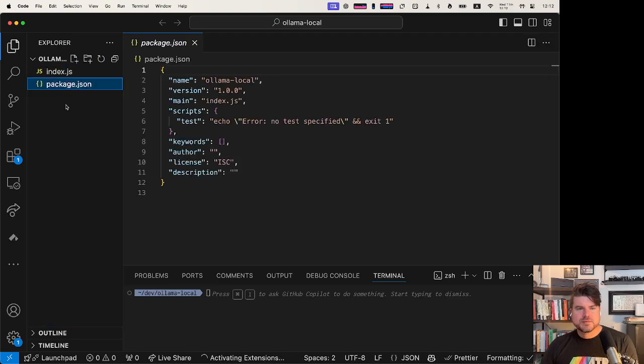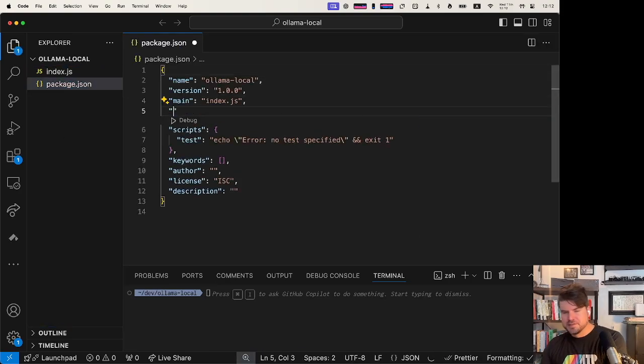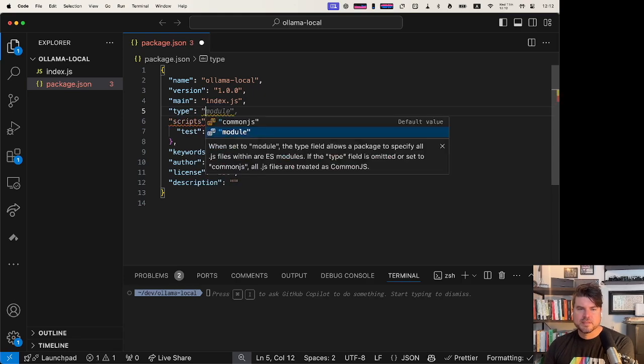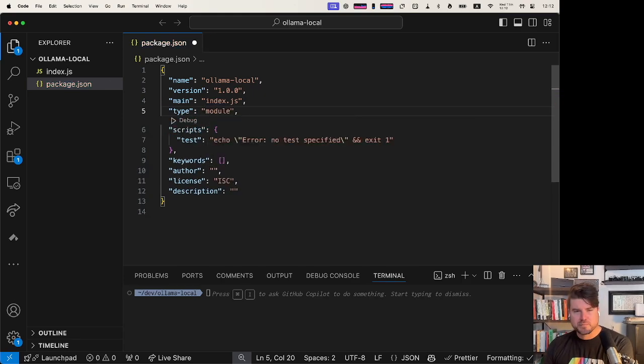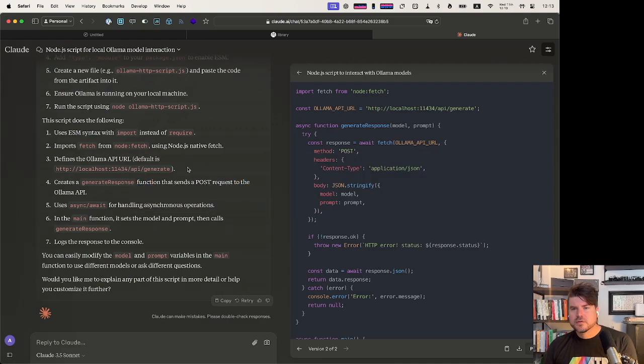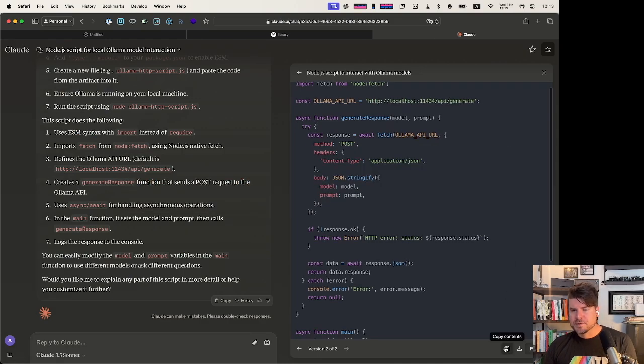So one of the things, since we know that we're using ESM, that's pretty easy to forget if we don't get in the habit of typing this. I haven't found a way to just easily npm init a new package.json and have it be a module. I don't know if that's a flag or something. It would be super nice to have that though, but just make sure you come in here and do this if you're using ESM. And then we'll go back into Claude here, and we're going to grab